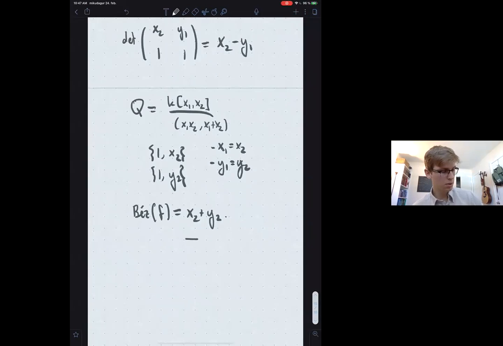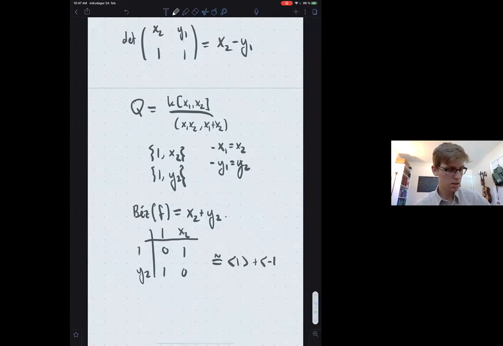And so you can compute it just by writing down your basis elements and then looking at the coefficients showing up for each of these products. So there's no constant term. I'm going to get a 1 and a 1 for these x2 and y2 terms. And then there's no x2, y2, and so that will be a 0. And this computes the global degree as a hyperbolic form in this case.